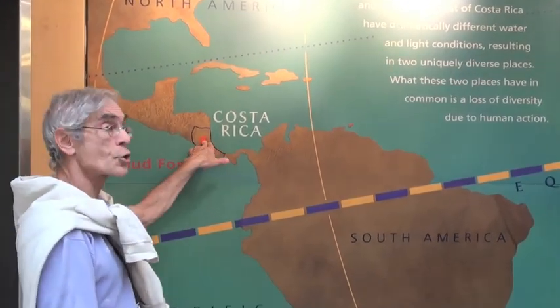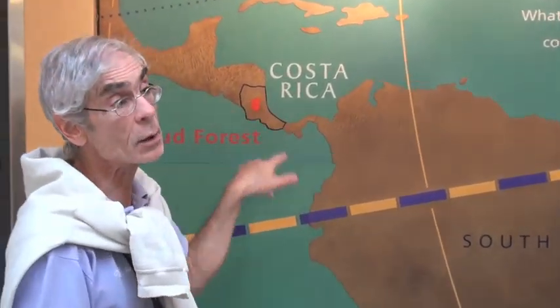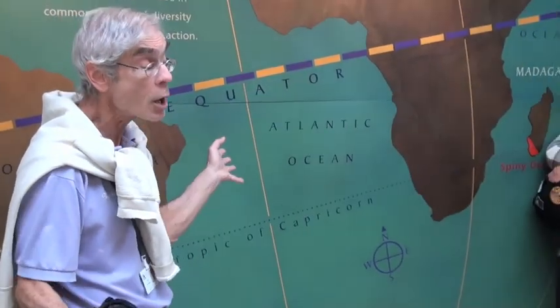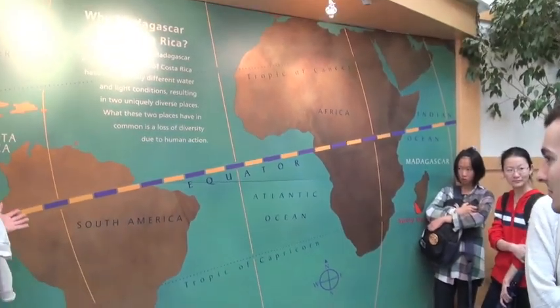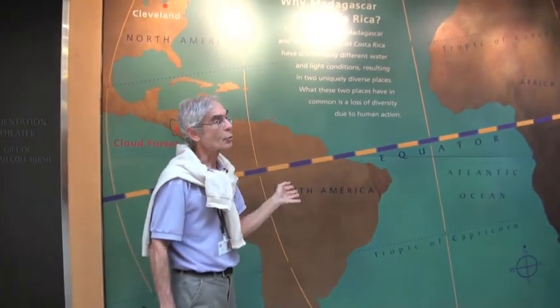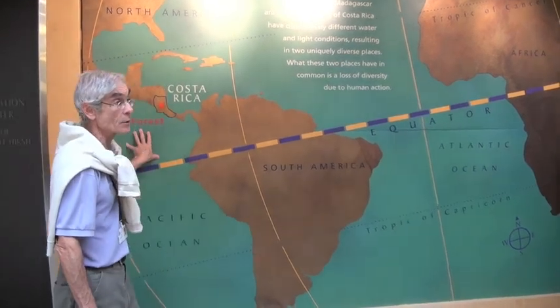In the central portion, in the raised highlands, is a cloud forest. A cloud forest differs from a rainforest. The rainforest is what most people would have in mind if I were to say the word jungle, and they would think, okay, I know what that is. It's a rainforest. And they'd be right, because at sea level,